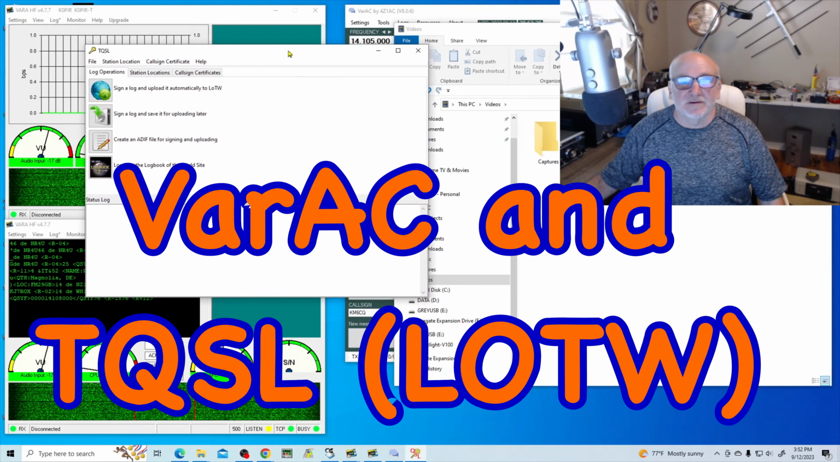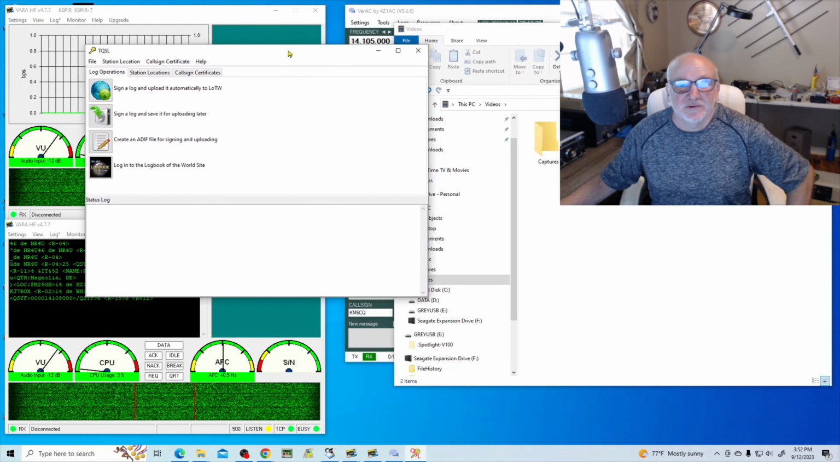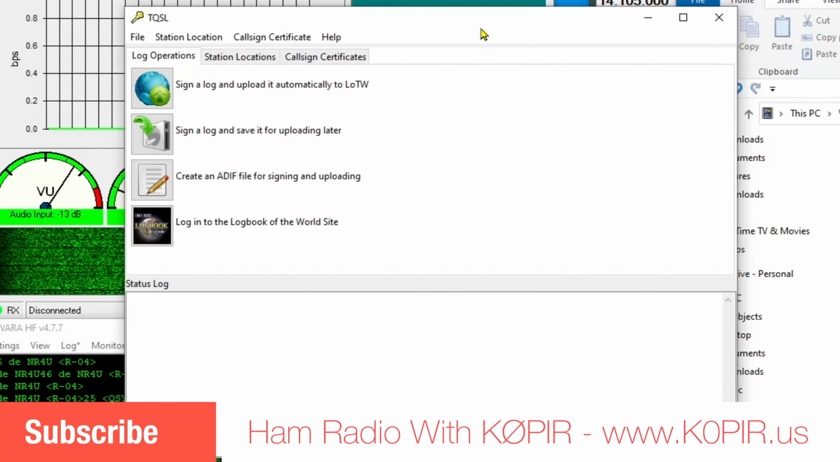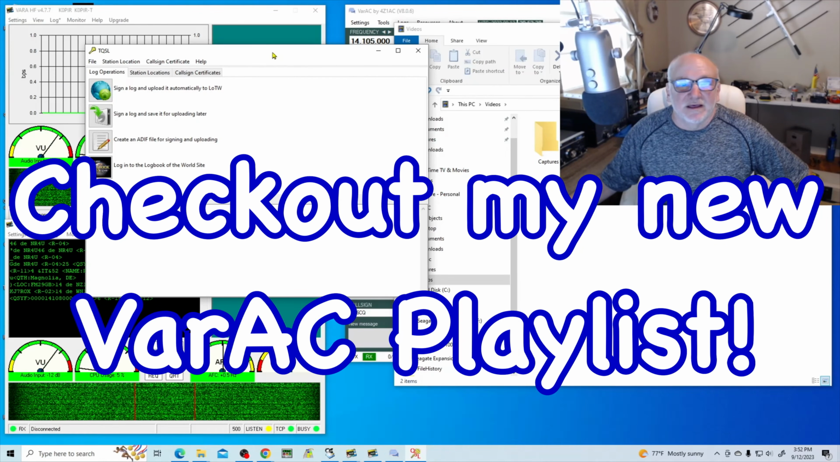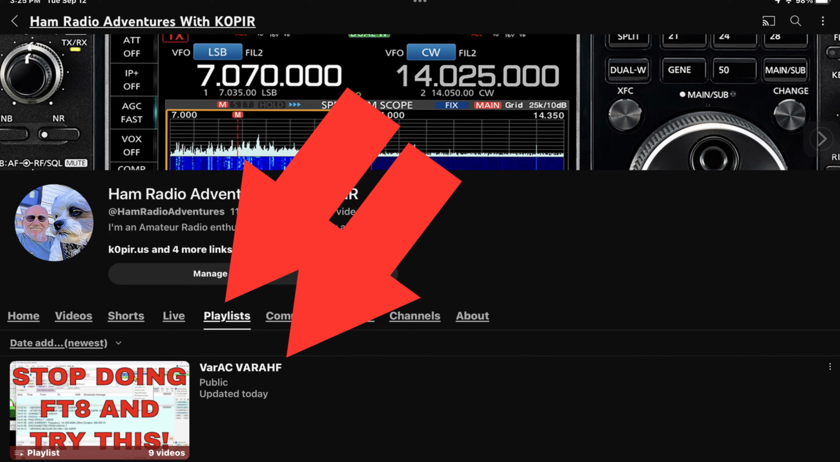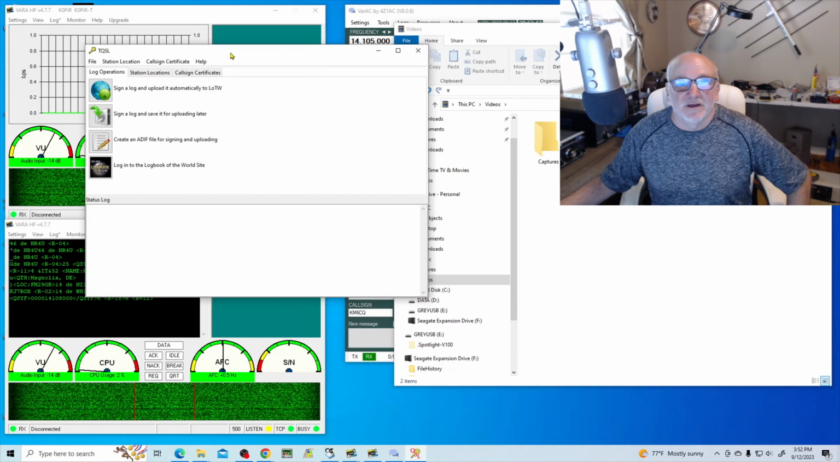Subscribers sent me a neat little tip for people using VarAC and wanting to upload to Logbook of the World to get the confirmations there. LOTW doesn't support the dynamic mode or VarHF, so what we've got to do is link it to the data